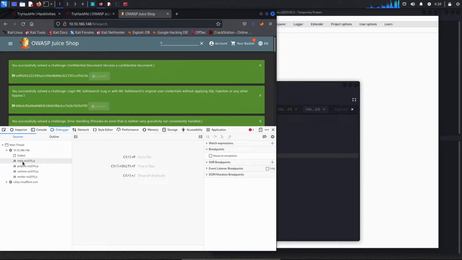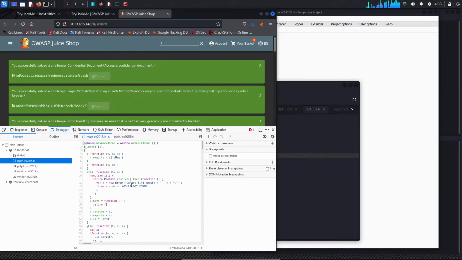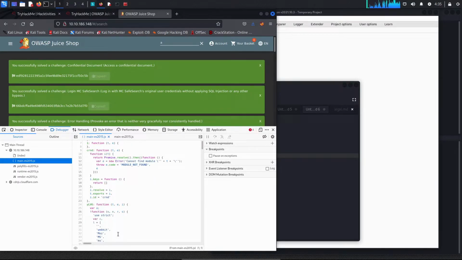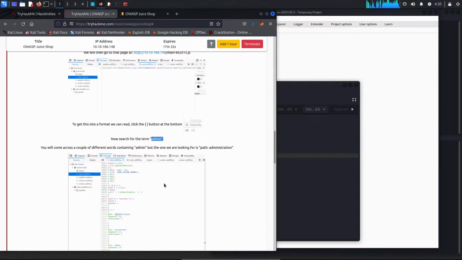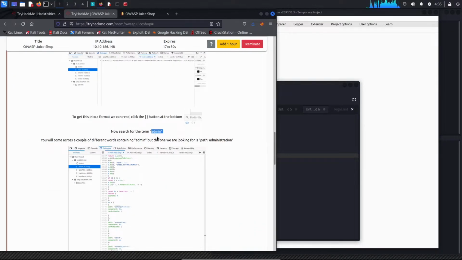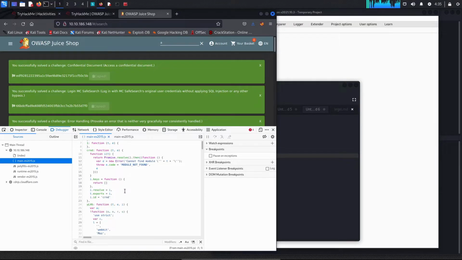Just going to main. That's the URL. And we have to make this readable. So it's going to make it easier to read, and we have to search for admin, and we actually need to get to the path administration. So I'm just going to search for this.